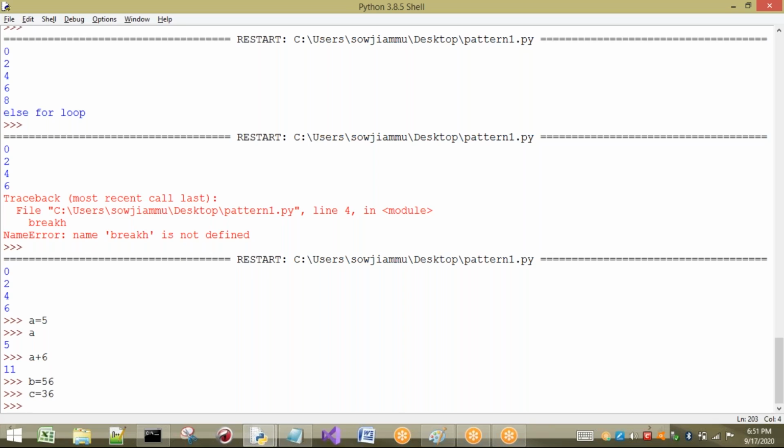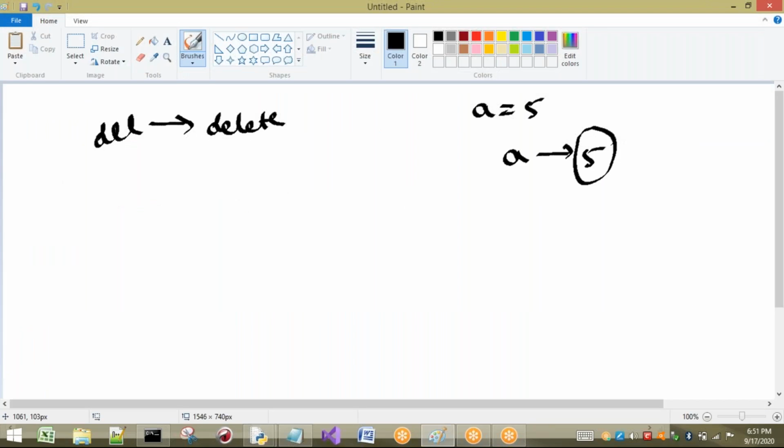But generally what we do is leave it as it is. That means until your program is completed, a is pointing to this location, so this memory is not released. To release this memory from a, I have to apply the del keyword.